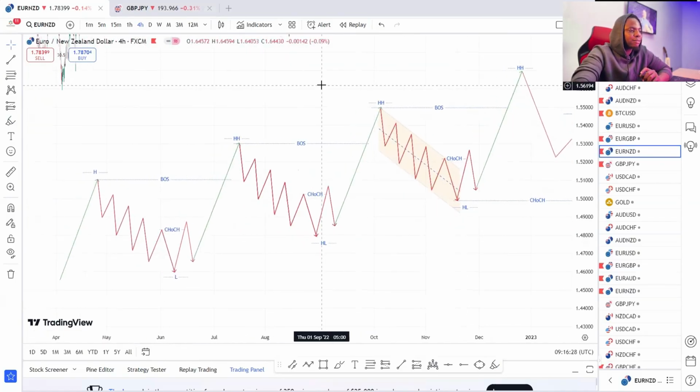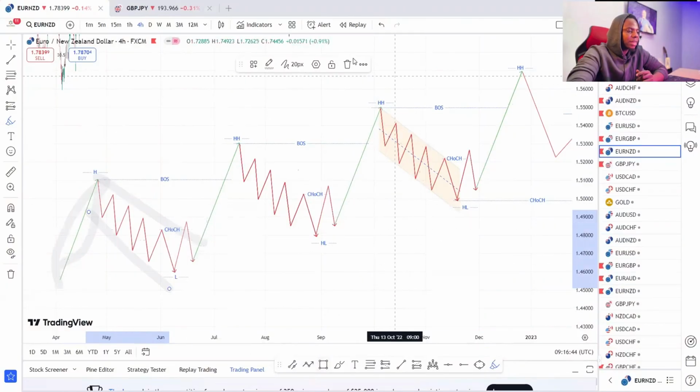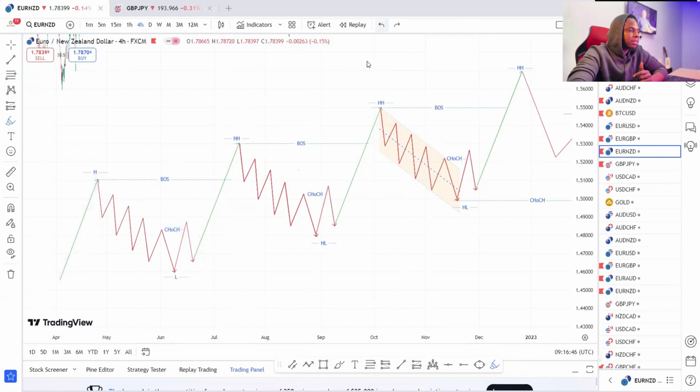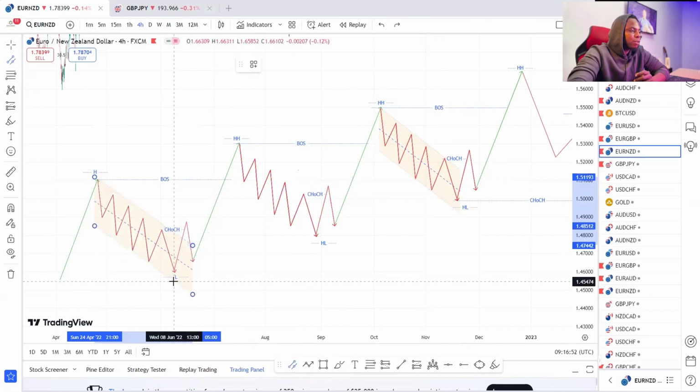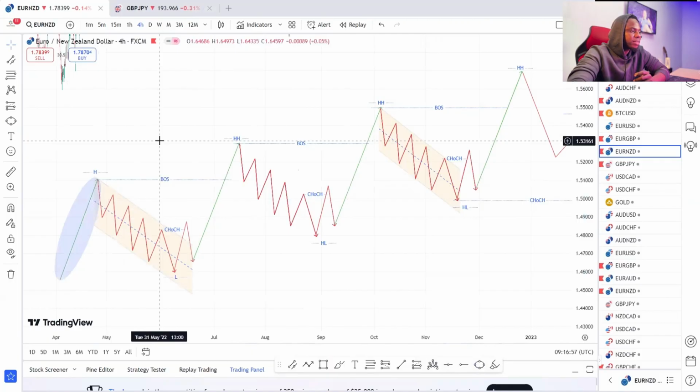If you notice, whenever the market breaks structure to the upside, it starts printing more candles to the downside. Let me show you. We have an impulse movement here. We have a correction here. Now, let me use these two so that we can get it easily and recognize those directions. So here, I have a correction after the market has given me an impulse movement. See, this concept is so easy, especially for beginners who are trying to figure themselves out in the market.